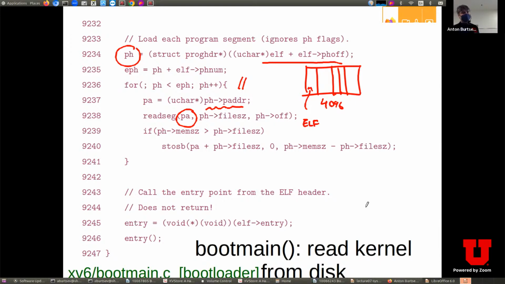And here, for each of these, what is this line? What we're doing here, if program header mem size is larger than the file size,